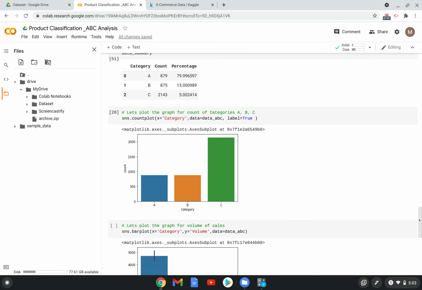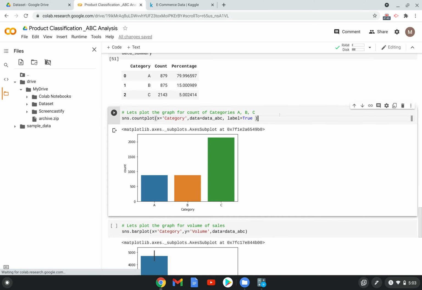Right. So let's use the Seaborn package and let's plot some graphs. We need to use a count plot just to check the count of the items which we already discussed, like C class 2143, B 875, and A 879.